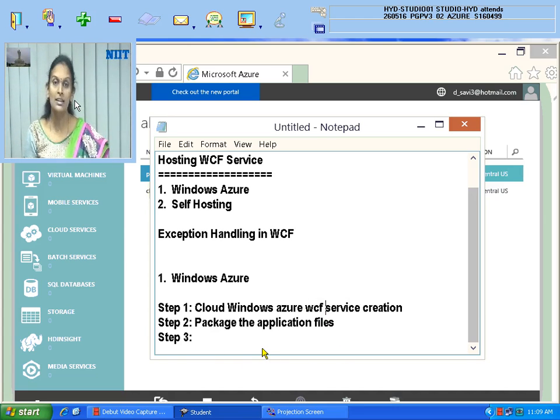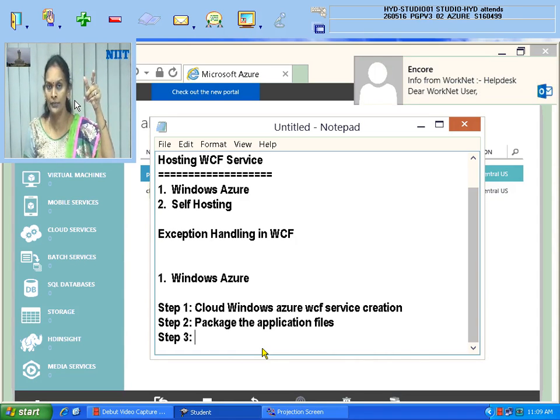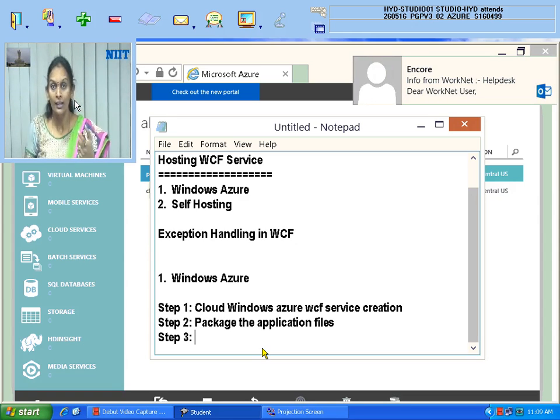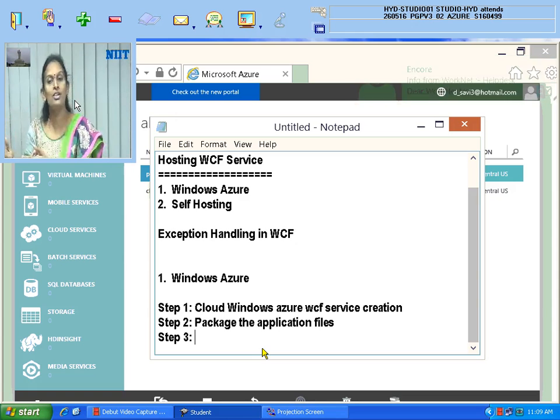So third step is reverse. Actually, you just recall, I told you how you can create an ASP application and host it in the Azure. That time you created an ASP application, one empty web app you created in Windows Azure, and from there one publish setting file you downloaded that you used while publishing your application. But here, reverse.